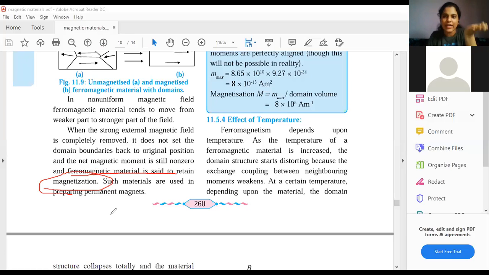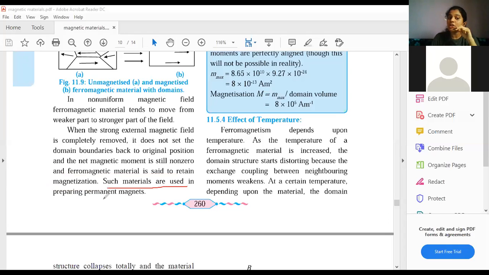Because, students, paramagnetic materials possess magnetism only until the external magnetic field is present. As soon as you remove the external magnetic field, all the dipole moments go back to random directions and magnetism is gone. But in the case of ferromagnetism, even after removing the external magnetic field, the material will still possess the magnetic properties inside it. So this is one important factor of a ferromagnetic material.